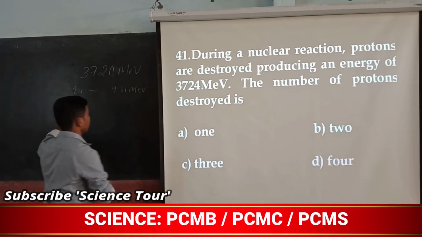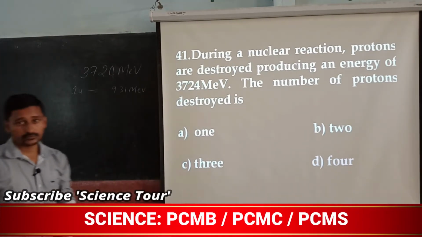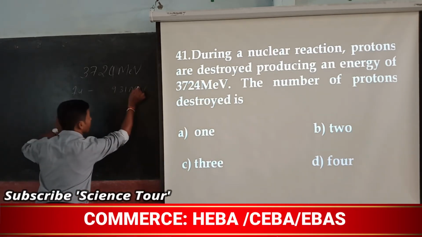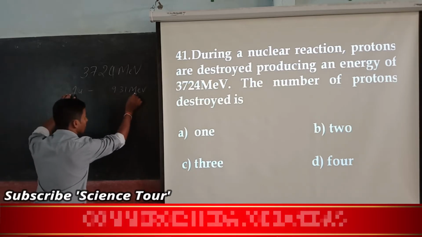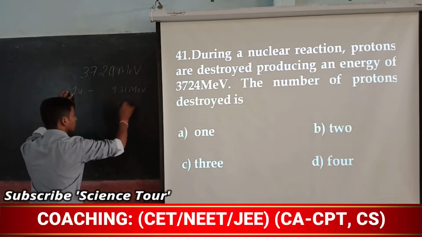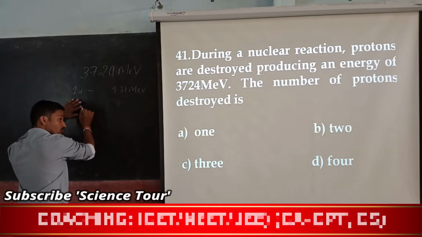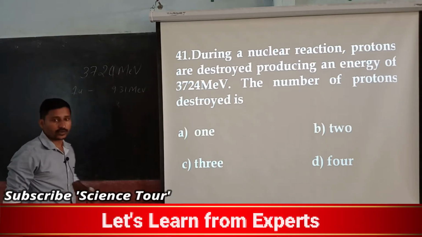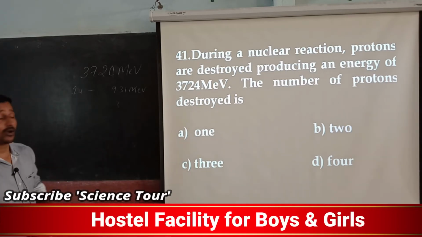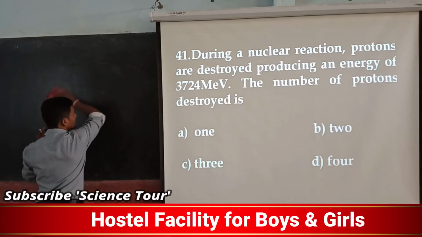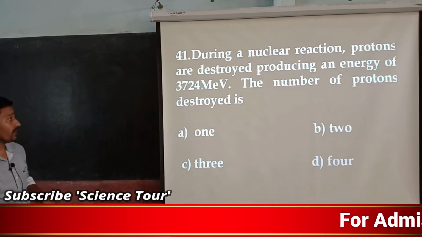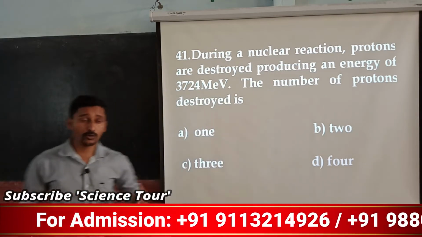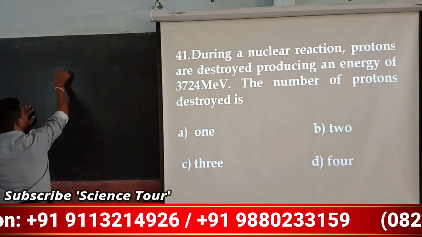So if you know it in AMU, you have to do that. Now that is a tedious task. I have 3724 MeV, 931 MeV for 1 u, and so many u. We are going to get how many protons are there in that. That is a tedious process. Now how can I go about this? How can I interpret this kind of problem? Anyway, they have told that only for the proton that energy is given. Now I know the mass of the proton, so I will calculate the energy of the proton.